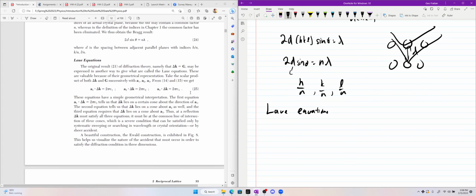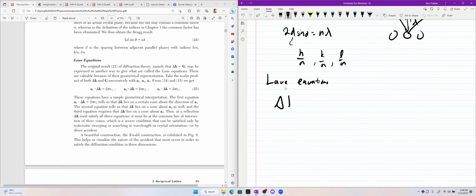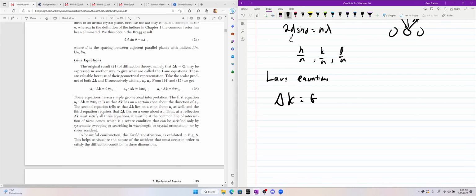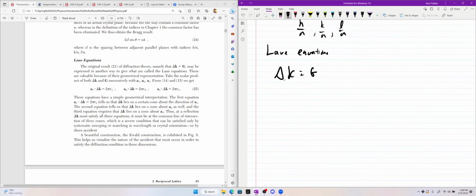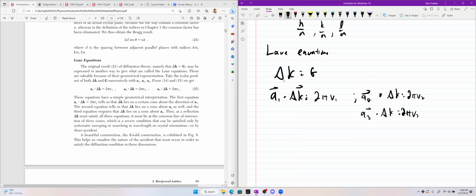Okay, so the original result of the diffraction theory, basically that delta k is equal to G, can be expressed another way, which is what are called the Laue equations. So these are valuable because they're a geometric representation. So let's take the scalar product of both delta k and G successively with a1, a2, and a3, and then we get a1 dot delta k equals 2 pi v1, a2, these are all vectors. I should be drawing the vector arrows over them, but I'm lazy. Dot delta k equals 2 pi v2, and then a3 dot delta k equals 2 pi v3,